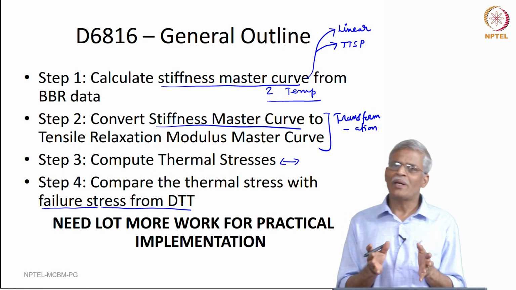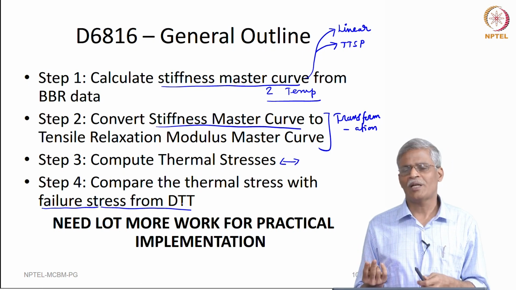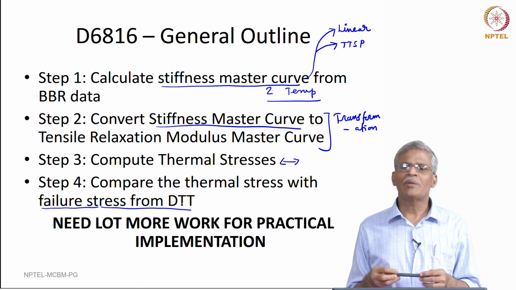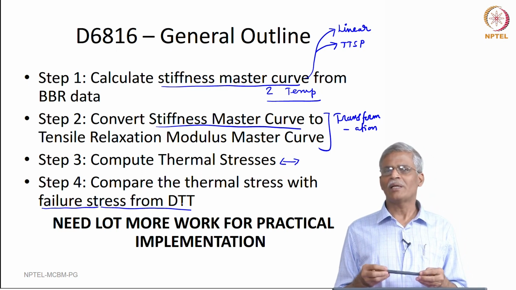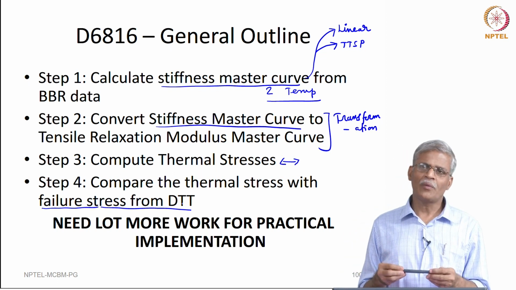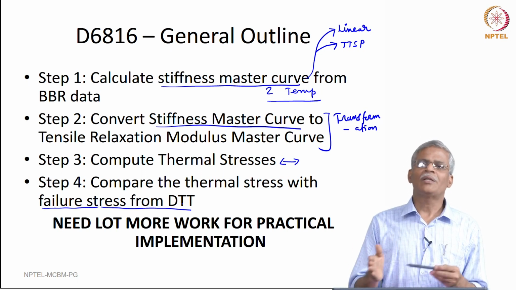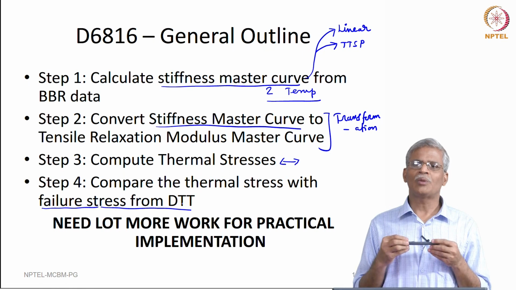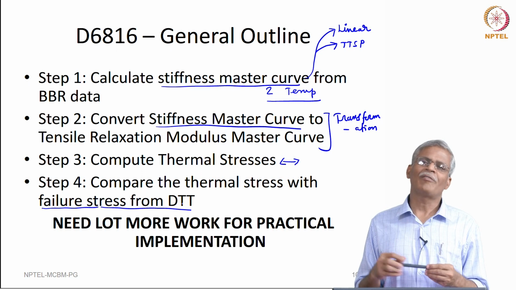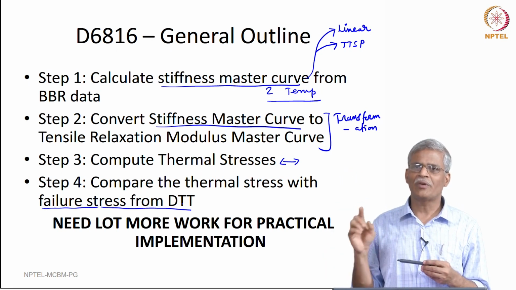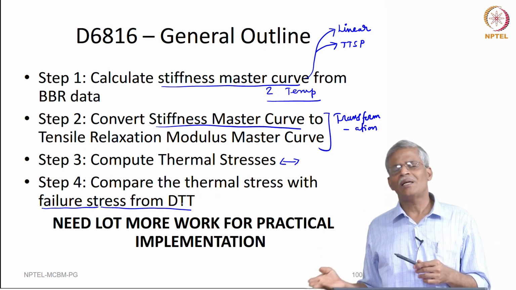So, let us recap and understand this. As we go down to the low temperature, two types of tests are prescribed for low temperature PG. One is a bending beam rheometer, in which you apply a load and measure the creep compliance as well as the slope of the compliance curve. Then you use it in your PG, okay, that is one side. On the other side, you take a sample and subject it to a constant displacement rate, and find out the load point at which it fails. The first test is a non-destructive test, the second test is a destructive test.